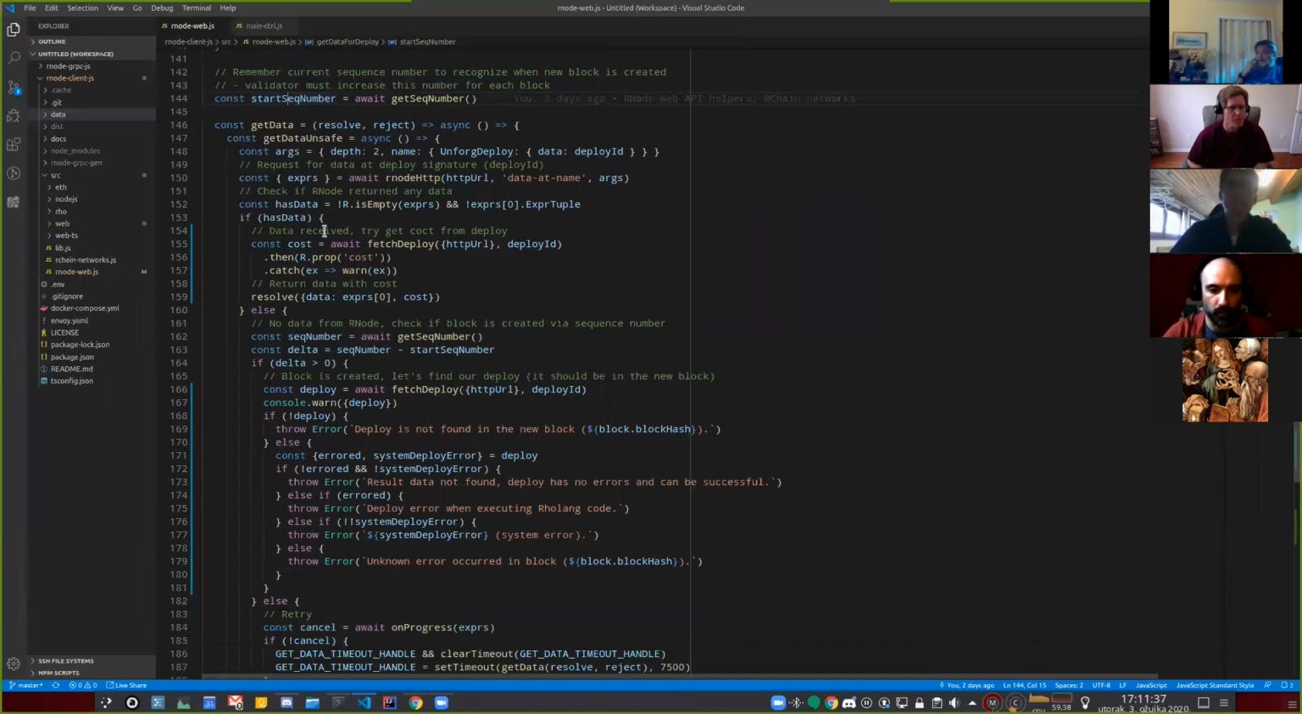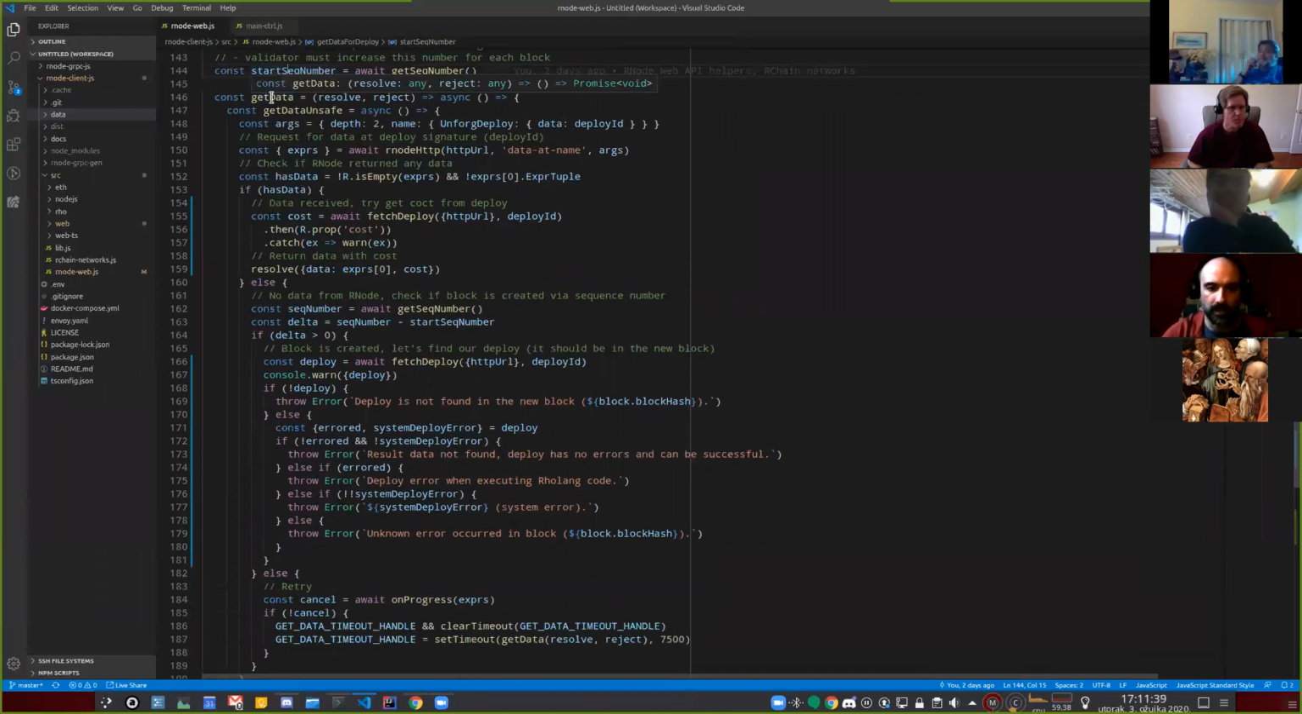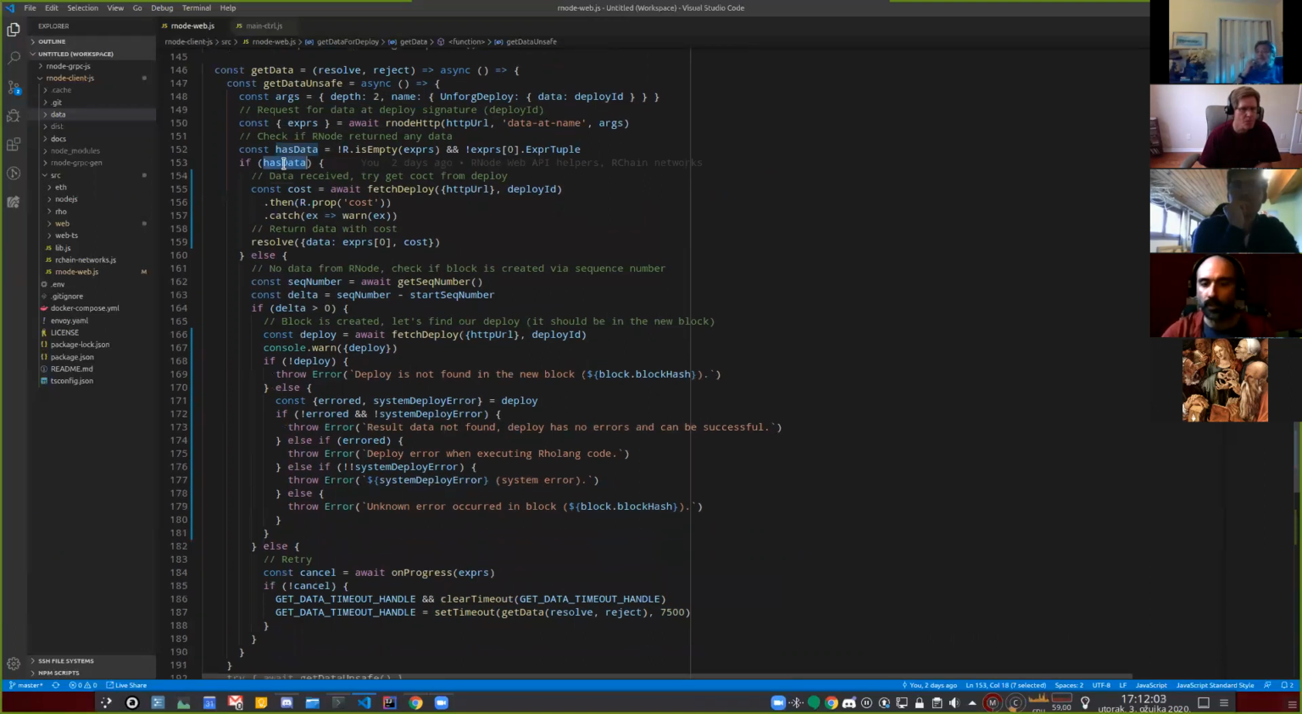So here is the loop. This get data will be called multiple times with this set timeout. And in each round, we check, do I have the data? If I have the data, then everything is fine. I'm also reading the cost here. I will add this today. But if you don't have the data,